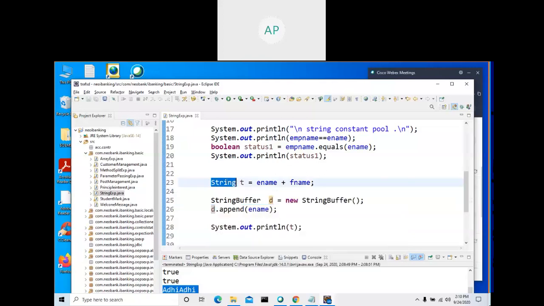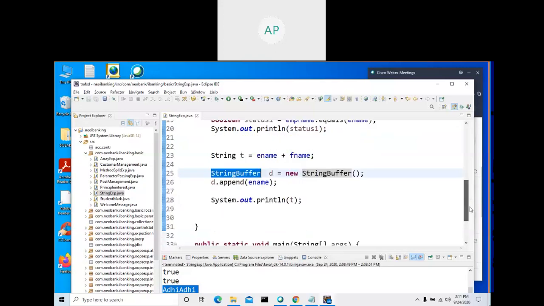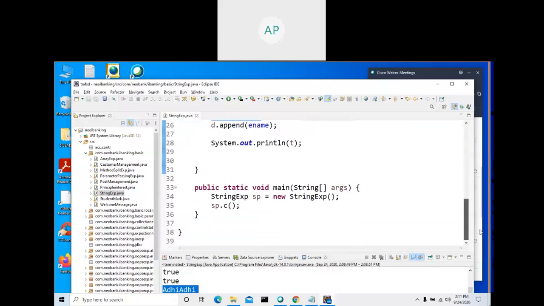Whereas by using string buffer, in the existing memory all the adding and deleting will happen in the same object. Whereas here every time it will create a new object. That's why we call string immutable, whereas string buffer is mutable.